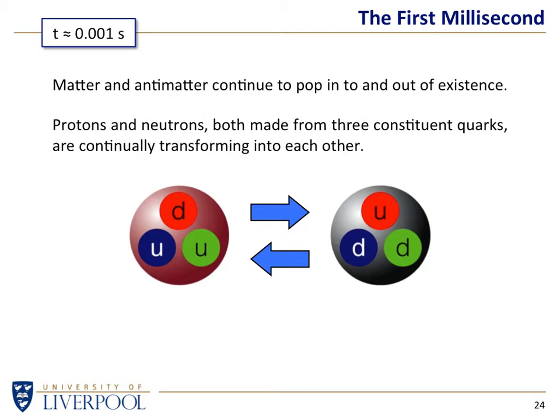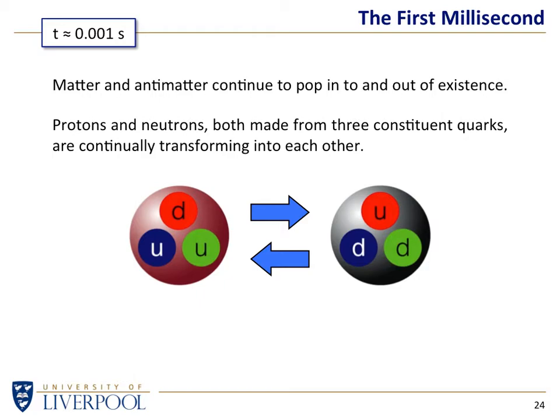Particle physicists insist on giving these quarks labels like red, green, and blue, which is nothing to do with color. It's just a convenient label. They're too small to see. We don't know what they are like, but we know they have certain properties. Let's label these properties red, green, and blue, because we sort of know what that means. And some of them might be spinning this way, and some of them might be spinning that way. So let's call some of them up and some of them down.